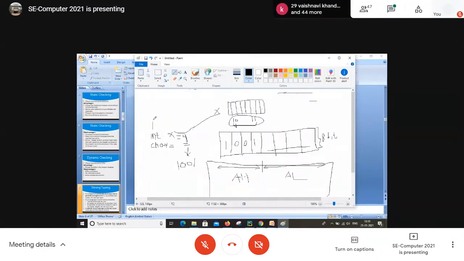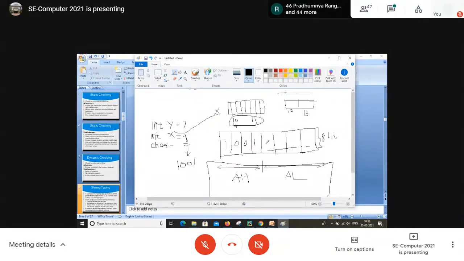Let's say I'll again declare integer y. See the difference of type checking, also strong type checking. Now I write y equal to 7. What will happen again? One variable is created with 2 bytes. Let's say 12 and 13, because I just declared one more type integer. The same thing happens. Again there is an 8 bit conversion. 7 is stored, 0 111 likewise, and it will be stored at this particular location.